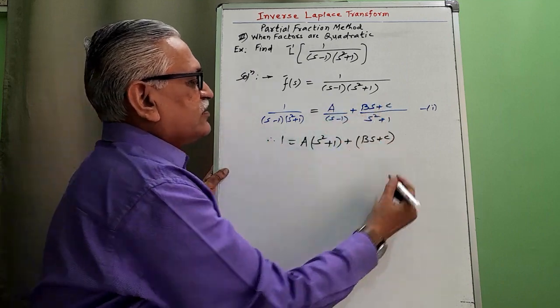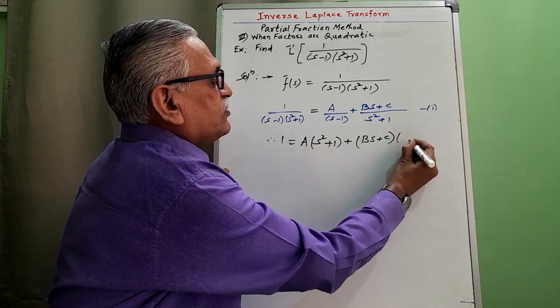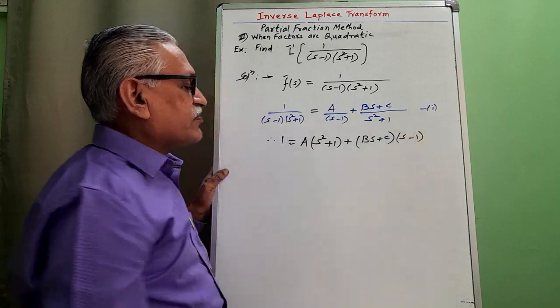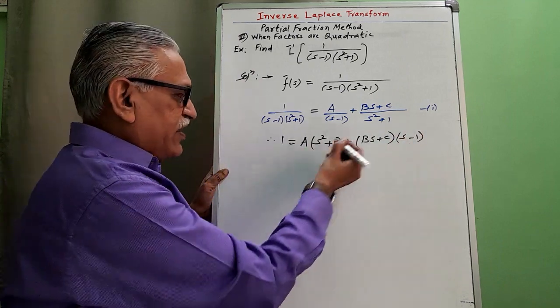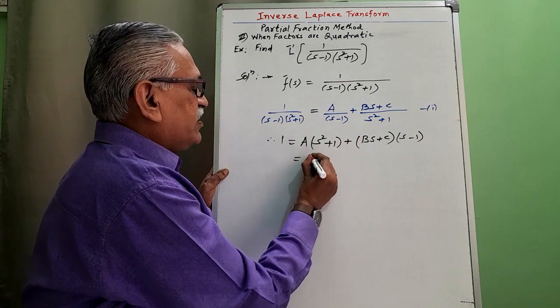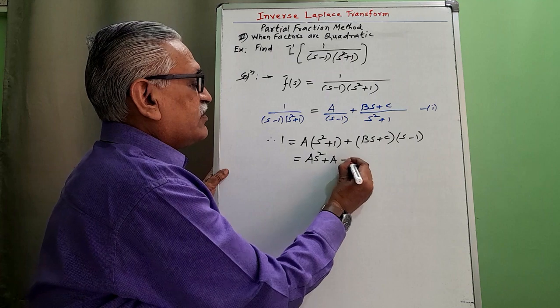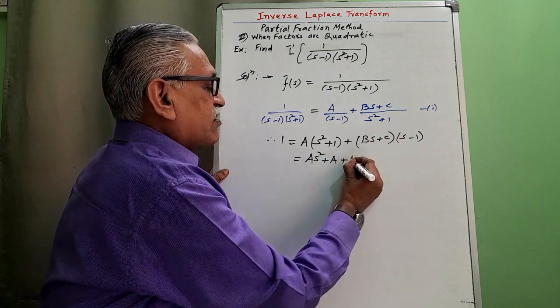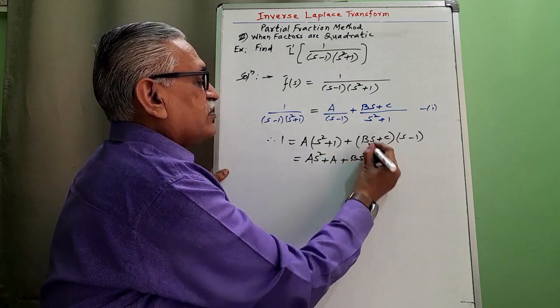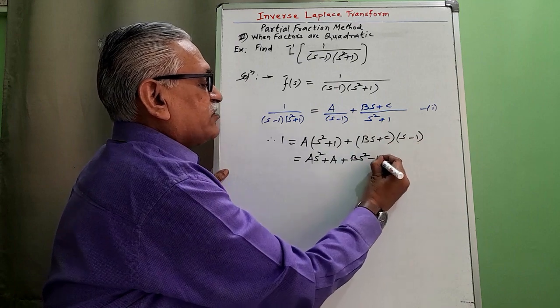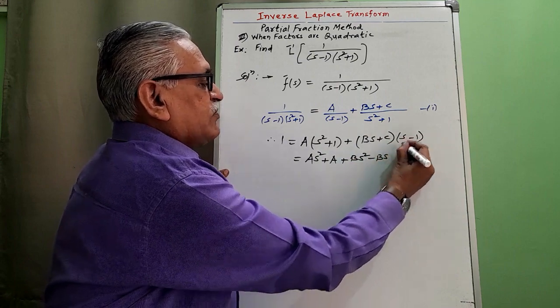Multiply by that, we get (bs plus c) into (s minus 1). Simplify it, we have A s square plus A, b s square minus bs plus cs